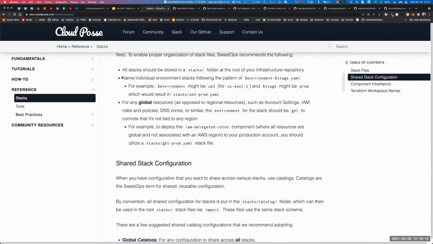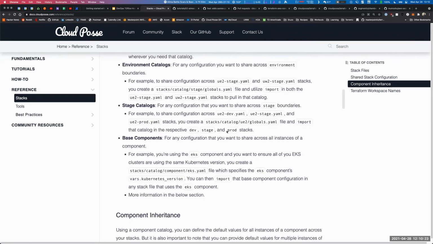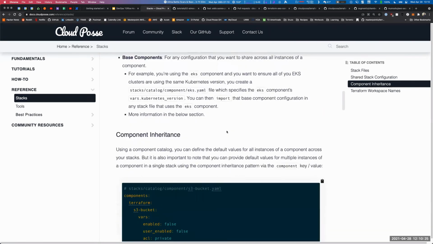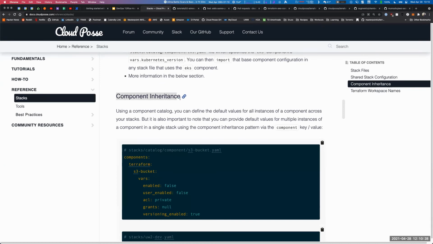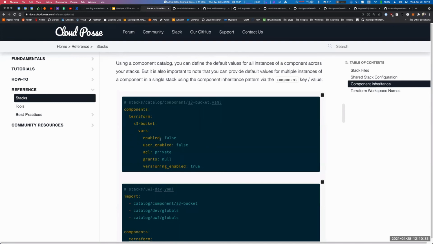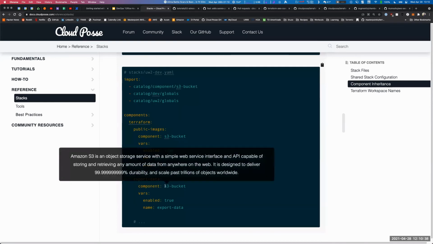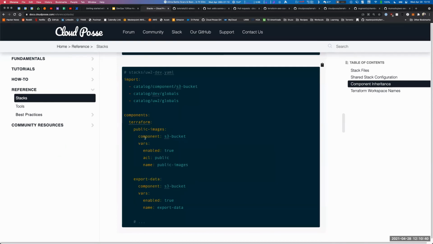Here's an example of that. So what you asked about is, how does it work in regards to specifying 2 VPCs? There's an idea there. We're calling it component inheritance. There's a few names kicking around, but the idea is if you have multiple S3 buckets that you're creating, then you would specify the top level name as something different for each of them, but then you specify the component that it's inheriting from